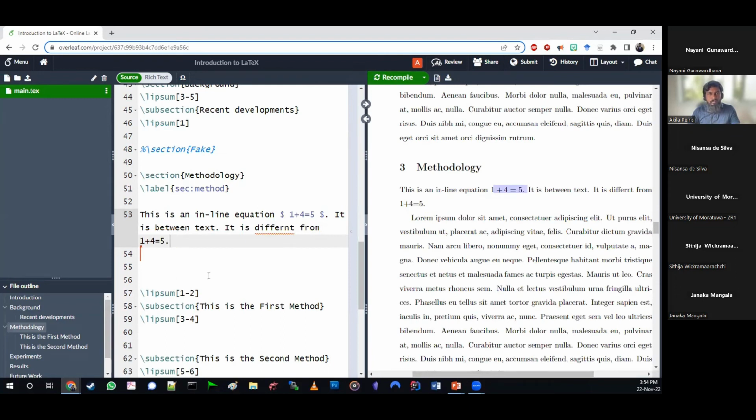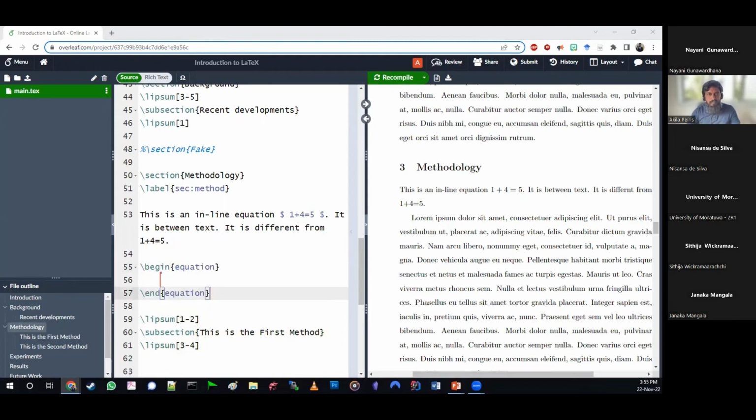Okay. So Mr. Akila, can you show, because in papers and so on, we would have these complex equations that can't go in line. How to put a non-inline equation? So we'll use the famous equation.